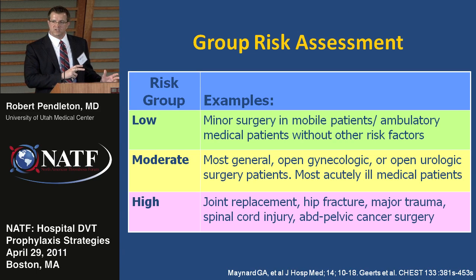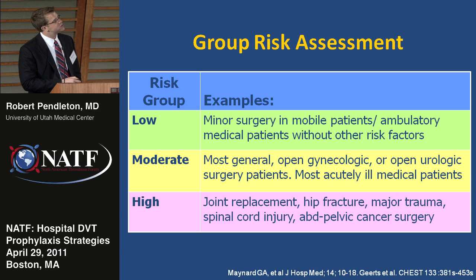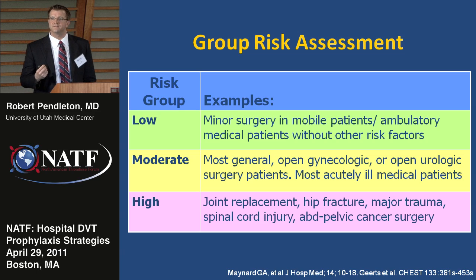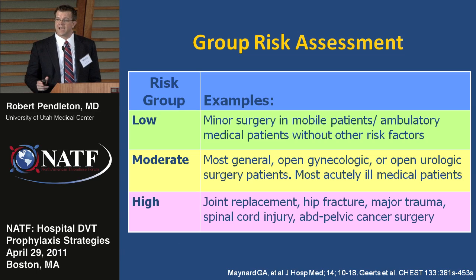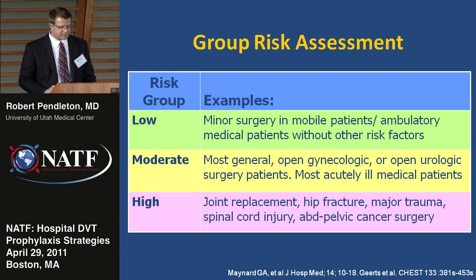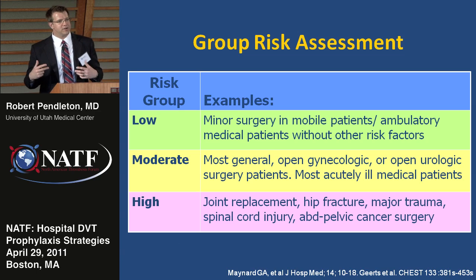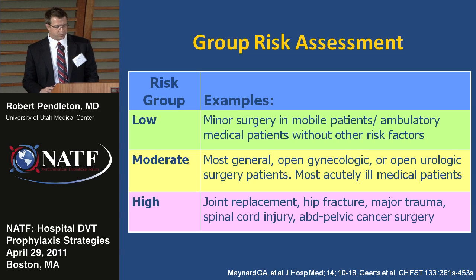Well, if we contrast risk assessment models to a group approach, the group approach has become popularized at some institutions because of its simplicity. It goes at VTE prevention with a strategy that most patients in the hospital setting are moderate risk, so in essence our default is to initiate prophylaxis, and the only thing we have to do perhaps is identify outliers where we're not going to initiate prophylaxis, or we may perhaps be more aggressive in our prophylaxis. Well, you say, why does this matter? Why try to decide what our institutional approach is going to be?